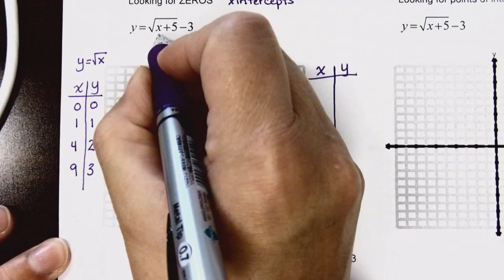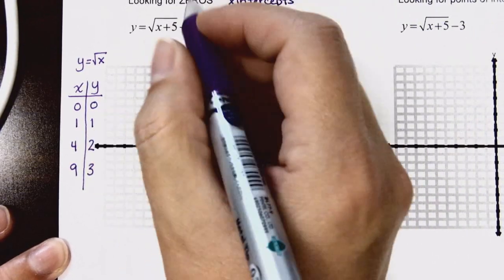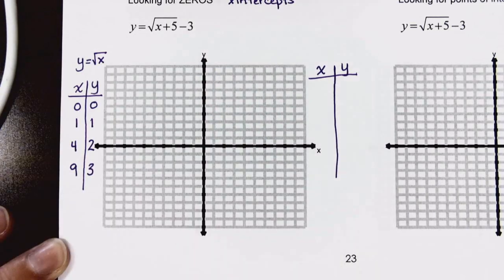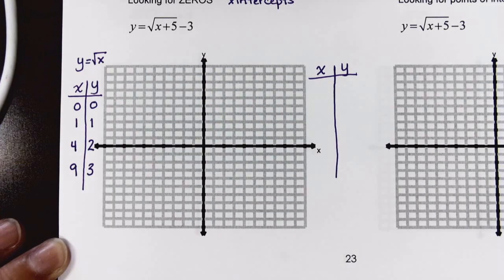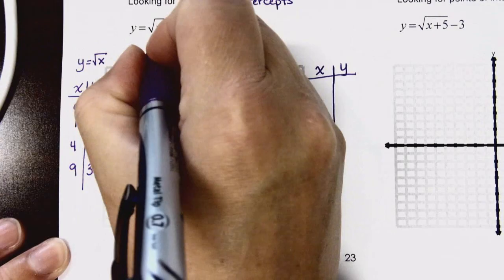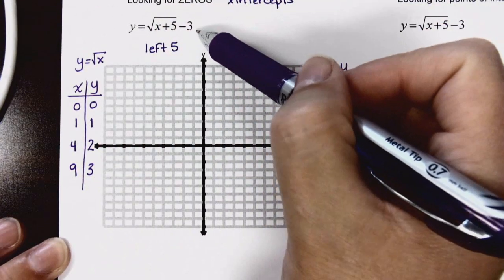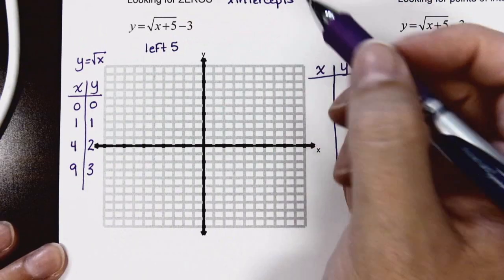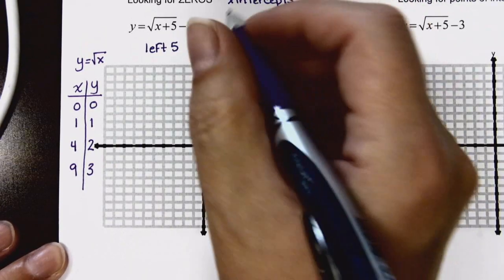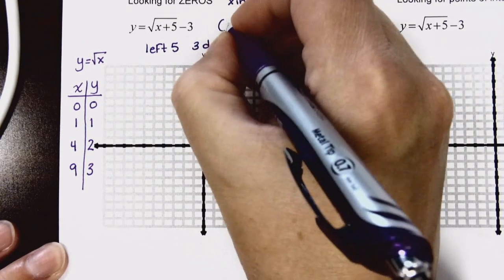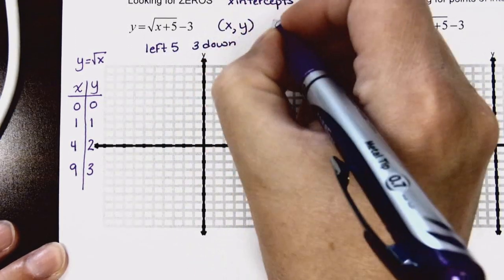What's happening here with the transformations? Let's say it in words. If we're adding 5 to the x, which way are we going? Left. And then if we are minusing 3 outside, where are we going? 3 down. And if we were to put that into a mapping rule,